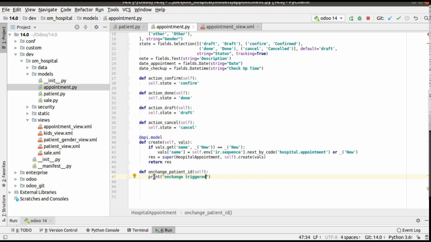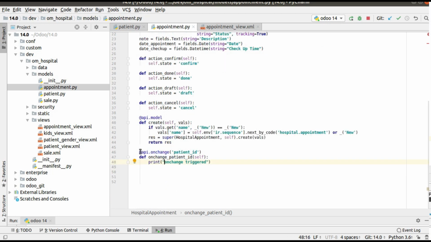So I have simply added a function, and you have to add a decorator for the function, @api.onchange, and inside it you have to specify the field name. So I'll put the field name here. First of all you have to add the onchange decorator @api.onchange.